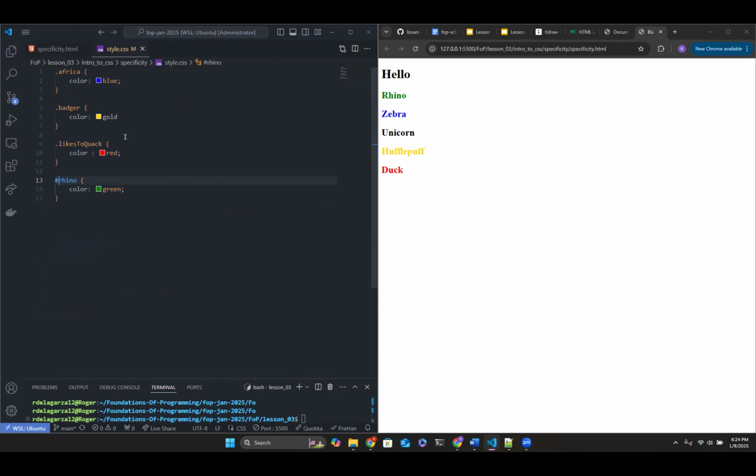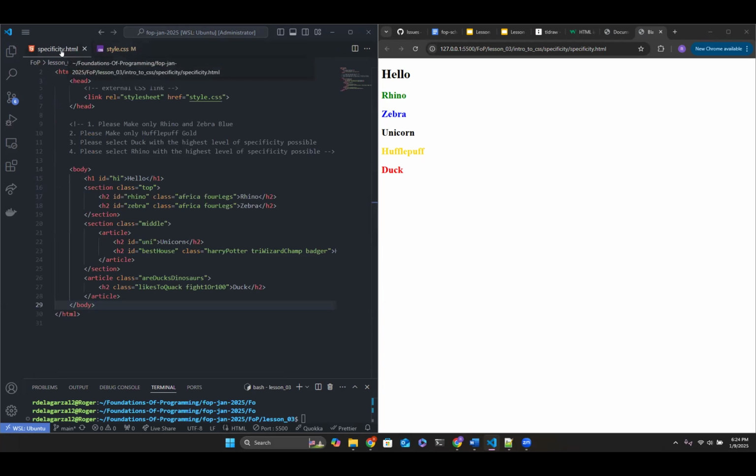But back to the assignment. The assignment is very straightforward. The biggest reason for this is to open up the conversation of what's going on here, Roger. Why do we have different classes? Like, what's the point of having different classes? Well, the extra classes honestly just give you more flexibility of how you want to add styling to the specific class, right? So you can add some reusability here.